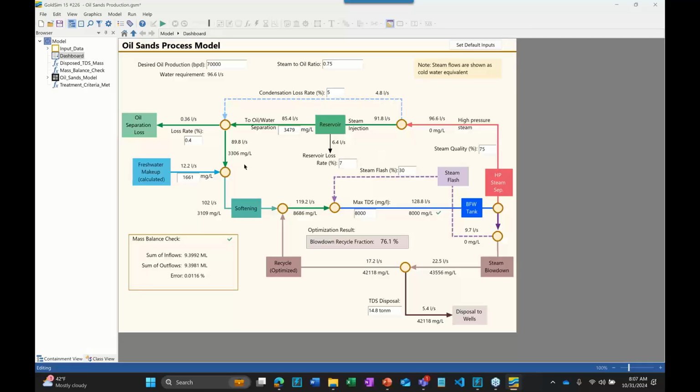Okay, here is an oil, it's like a process simulation for extracting oil. But it could be any process, right? Where you have a flow cycle and recycle loops. And in this case, they had a couple of loops here to get to a certain criteria of water quality. And so it was kind of a complex flow system, and so it helped to show this in a very schematic way with numbers. But